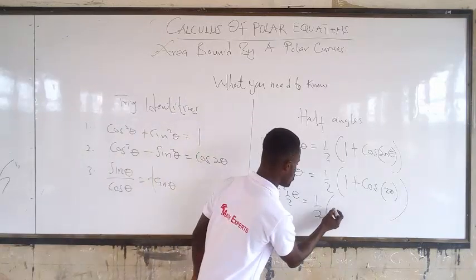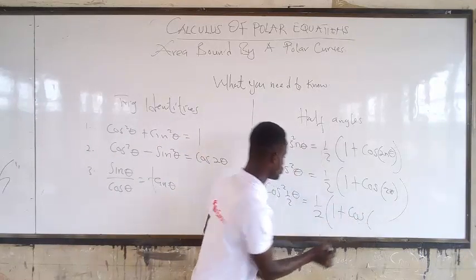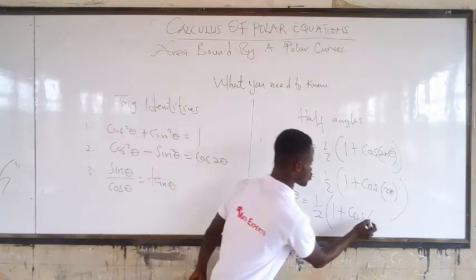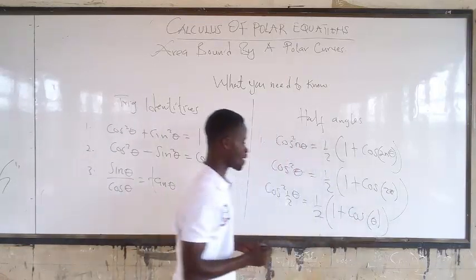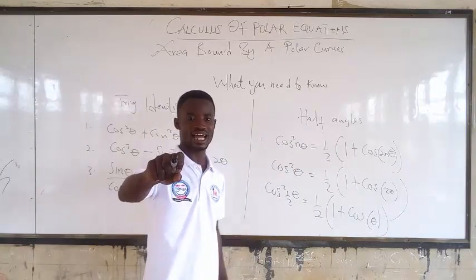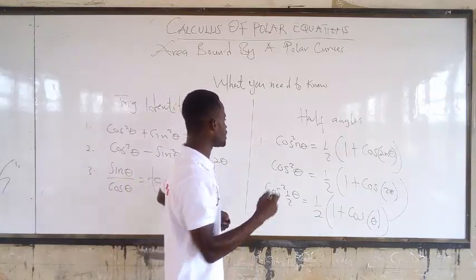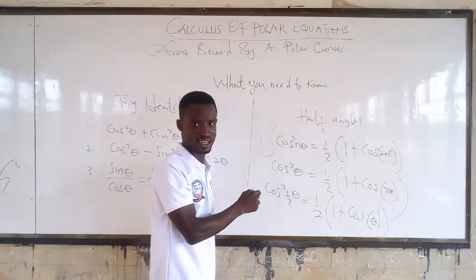1 over 2, 1 plus cos. So multiply here by 2, you get 1, so cos theta. So that's what it's going to be. Okay? Alright. Another thing I also add for you here is that anytime you are to integrate something like this,